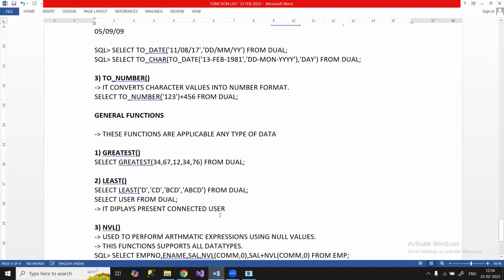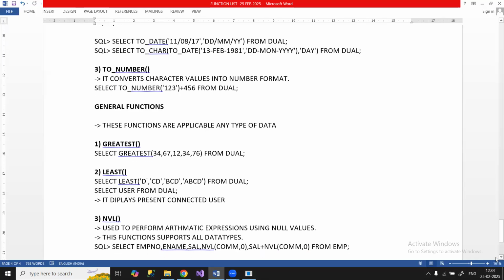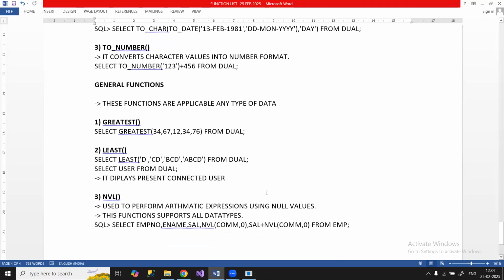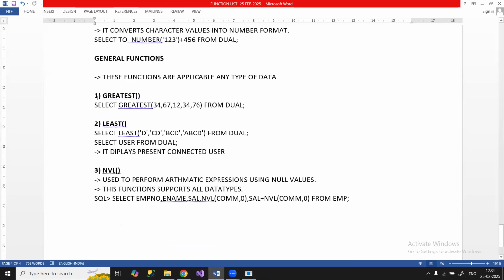And here you can see general functions are there. General functions means we can say miscellaneous functions. Miscellaneous functions means which do not come under any one of these categories. Okay. So here you can see GREATEST is there. So here we can give some values. Out of the given values we can find out